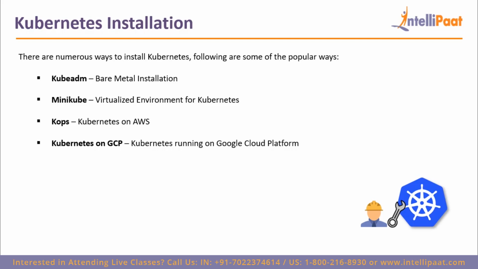Okay. Then we have our next way of setting it up, which is Kubernetes on GCP, right? Now, like I said, Kubernetes is a product of Google. And Google also has its own Google Cloud Platform. So on that platform, Kubernetes as a service is also available, right? And you don't have to get into all the details of how to install Kubernetes and everything. Everything is set up for you automatically. You can just get started by throwing kubectl commands on your GCP server and it will work